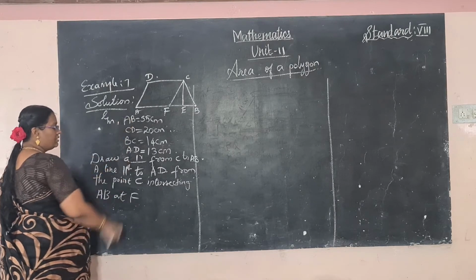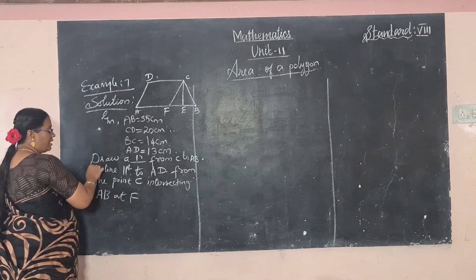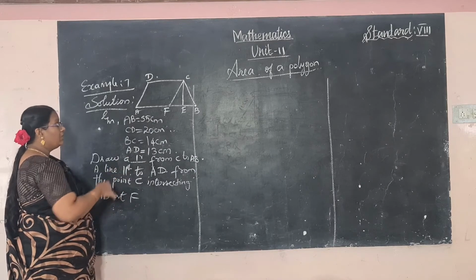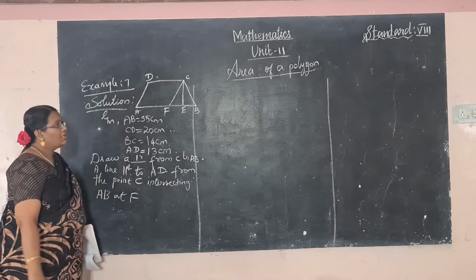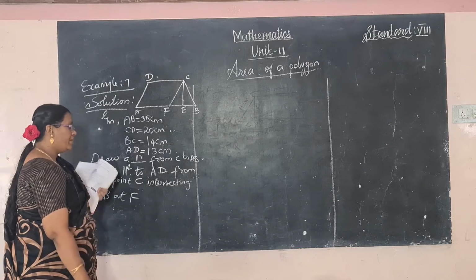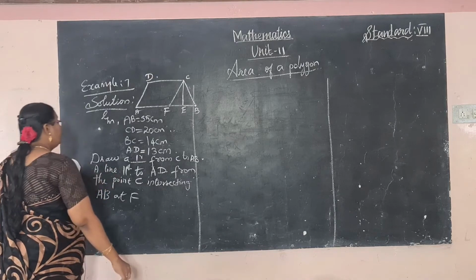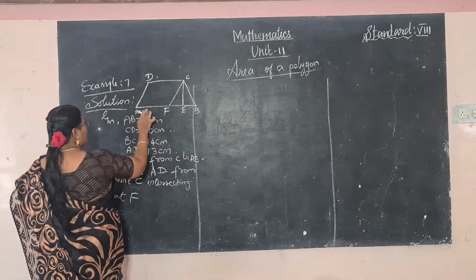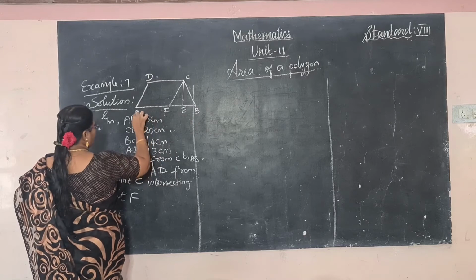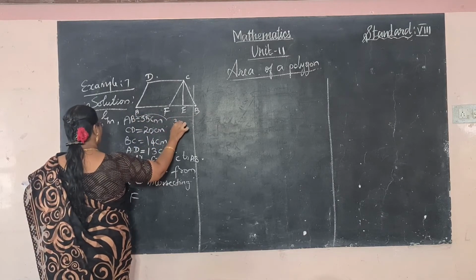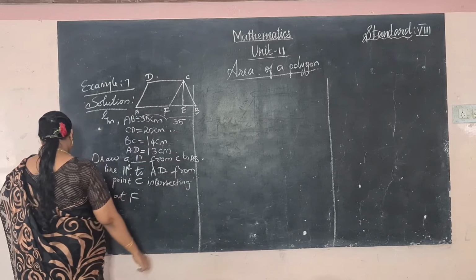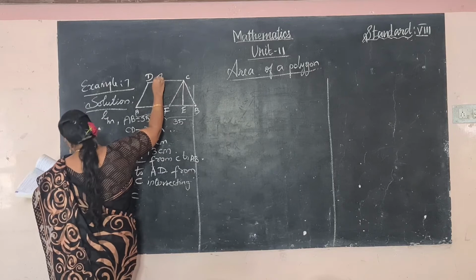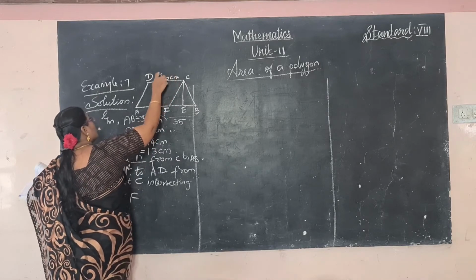So what are we doing here? First we write the given data. After that we draw one perpendicular line from C. After that we draw the parallel line to AD. Okay, it's denoted by E and F respectively. Right. So first we write the values. AB, the whole value, was 35. And CD value was 20 centimeter. So this is 20 centimeter.